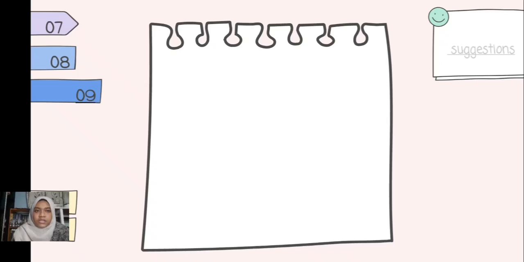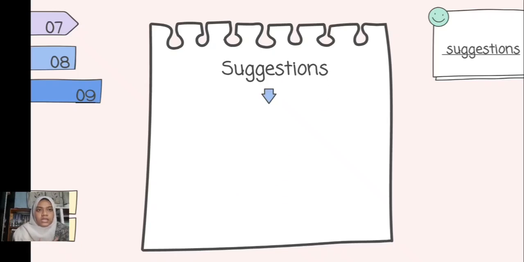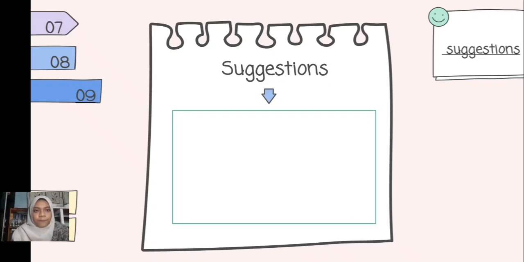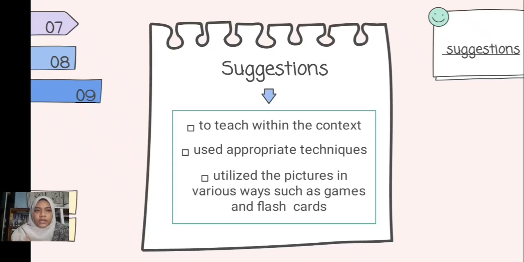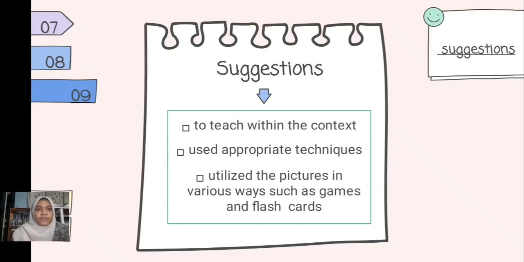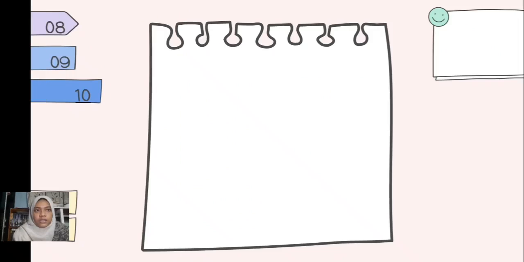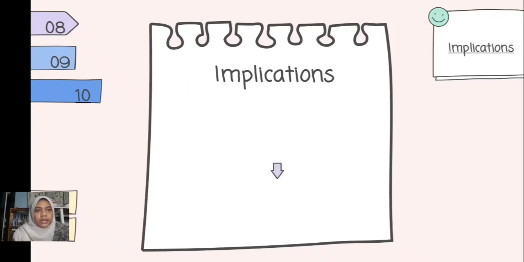And there are several suggestions that I've made in using pictures in vocabulary understanding, which are to teach within the context, use appropriate techniques, and utilize the pictures in various ways, such as games and flashcards, to make it more interesting. And from this research, the implications that I found were that